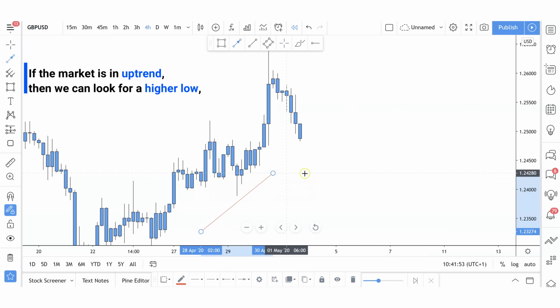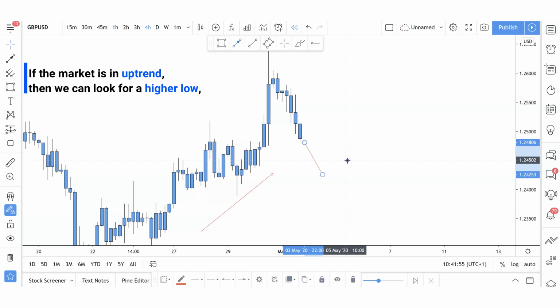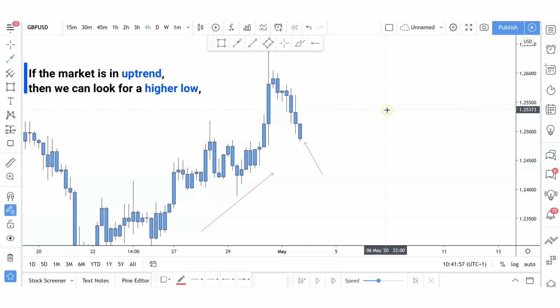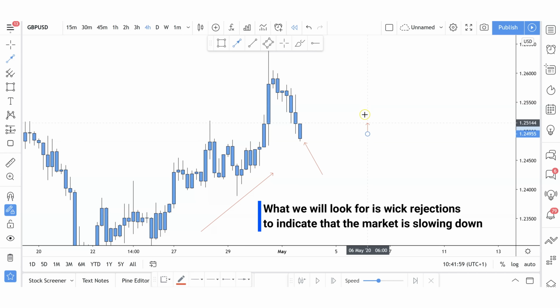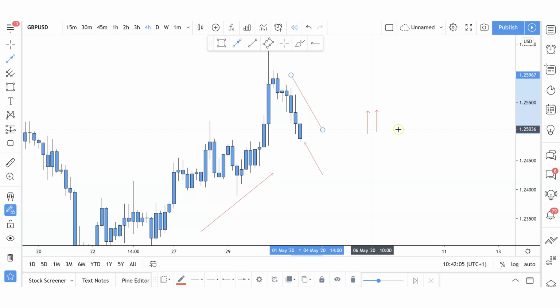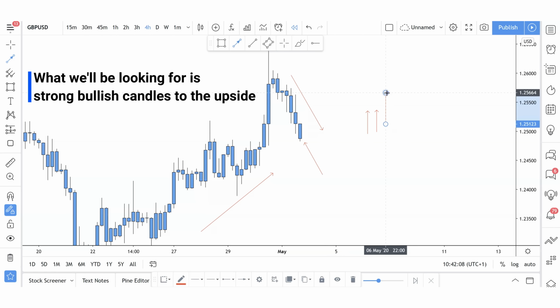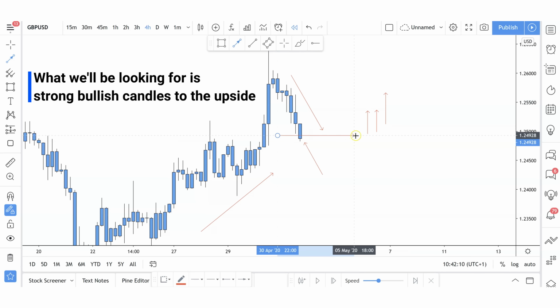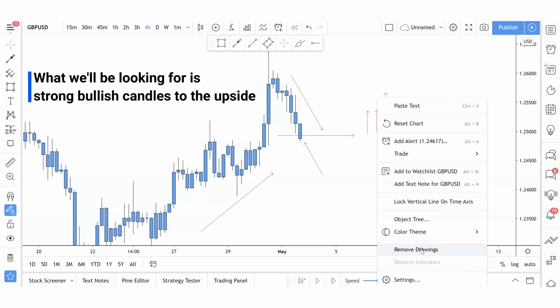If the market is in an uptrend, then we can look for a higher low. But how do we know when the higher low is formed? Well, we don't know. What we will look for is wick rejections to indicate that the market is slowing down in terms of this potential exhaustion phase. And what we'll be looking for is strong bullish candles to the upside to indicate a level's been created. Now, at the moment, we don't see that,